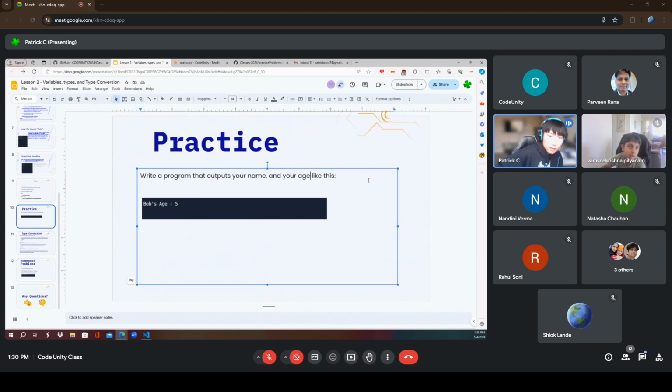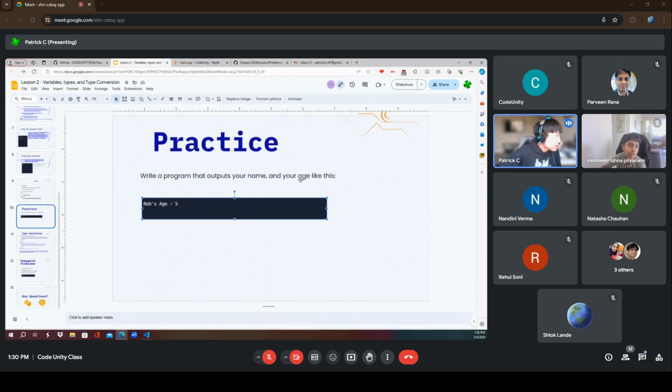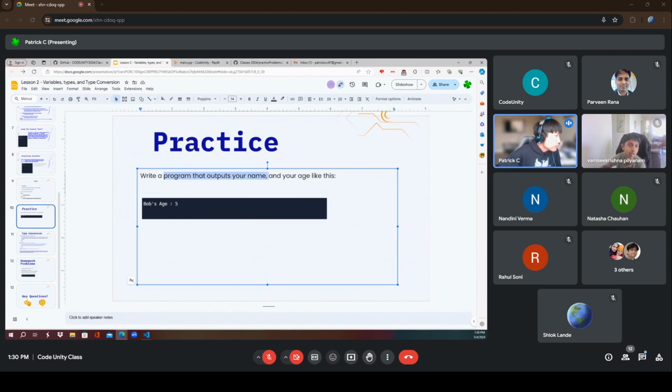Okay, so for some practice, I want all you guys to log onto Replit and write a program that's going to output your name and your age like this. So for example, if your name is Bob and you're 5 years old, then you would do Bob's age and then just like this and then 5.